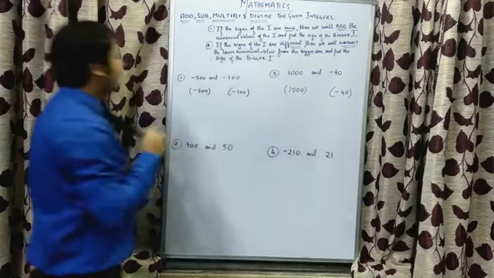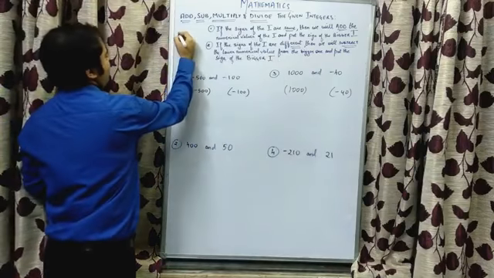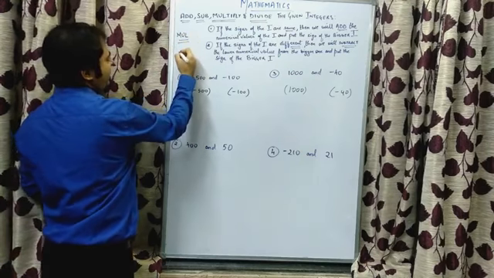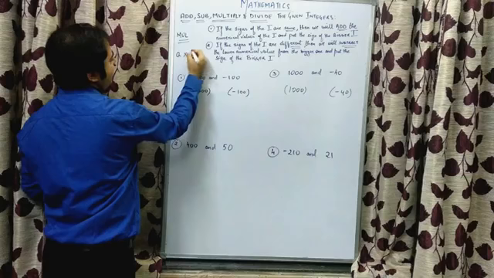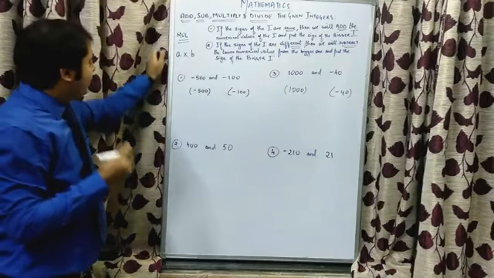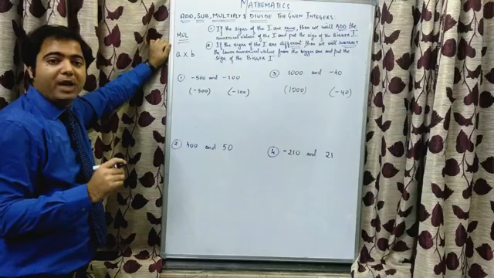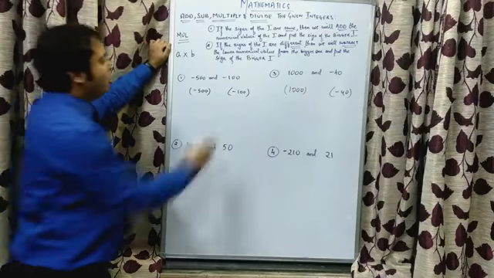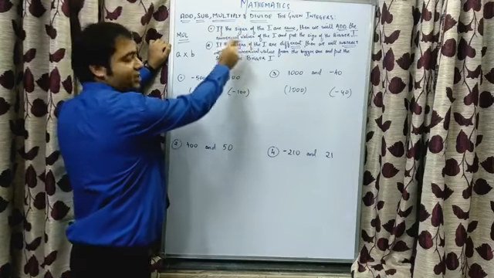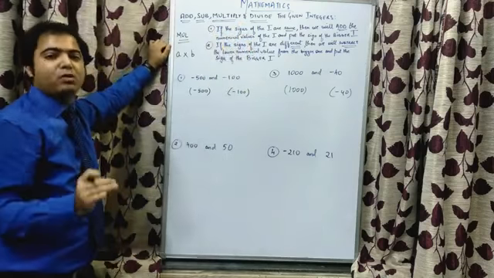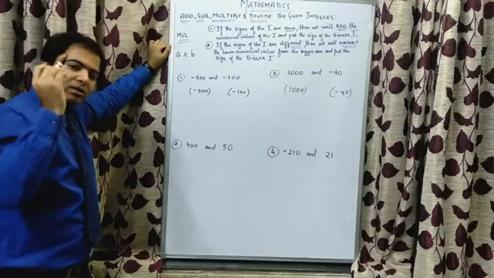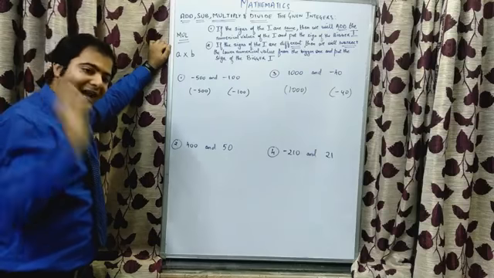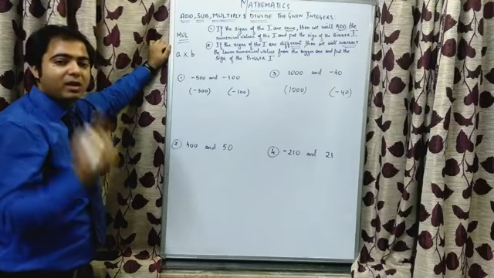For multiplication, children, we need to understand the following thing: if two integers, suppose a and b, are to be multiplied, the numerical value of the integers will be multiplied with the numerical value of the integers, and the sign will be multiplied by a sign. We will not follow the earlier rule anymore. That was for addition and subtraction. We will be following a simple rule for multiplication and division. The numerical value of the integer will be multiplied with the numerical value, and the sign of one integer will be multiplied with the sign of the other integer.